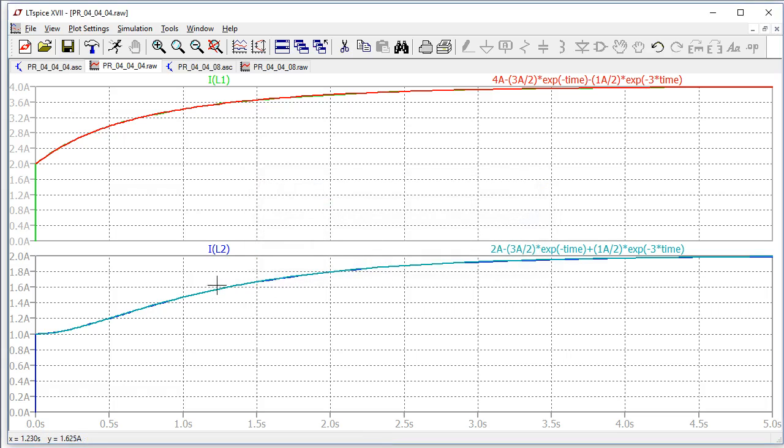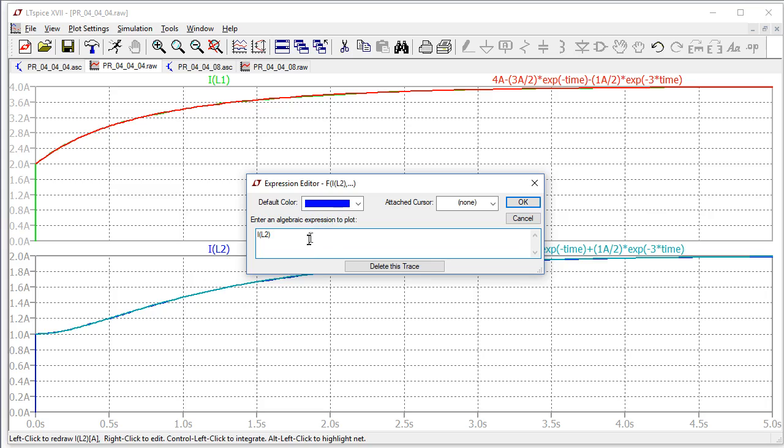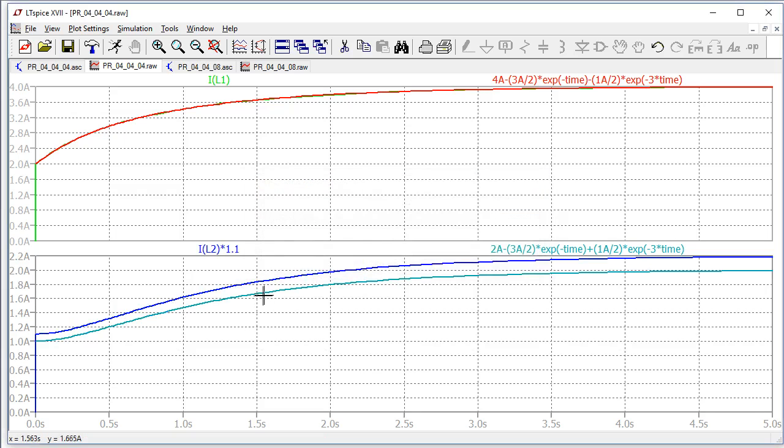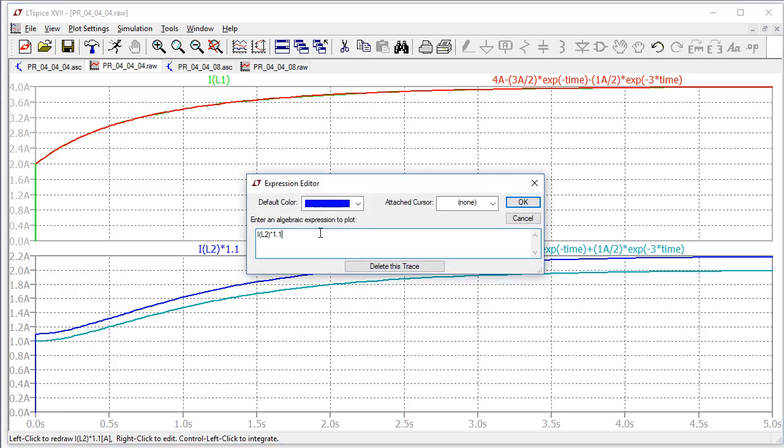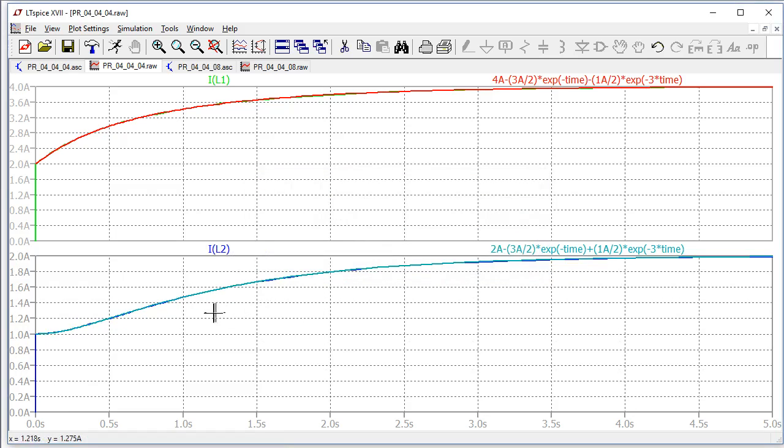Here they overlap. I mean, they almost completely overlap. And I can show a little bit of difference maybe by just multiplying this by 1.1 to plot to show a little bit of separation there, so that you can see that there really are two curves. If I remove that term, we see that they almost completely overlap. So this gives me a lot of confidence that I've got the right